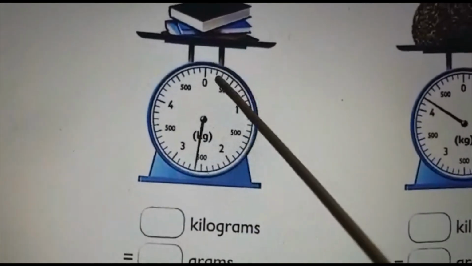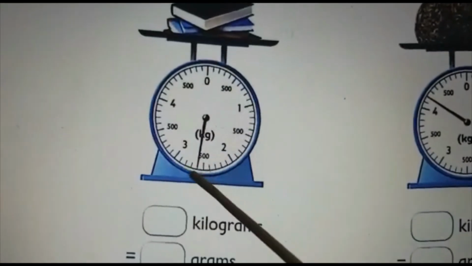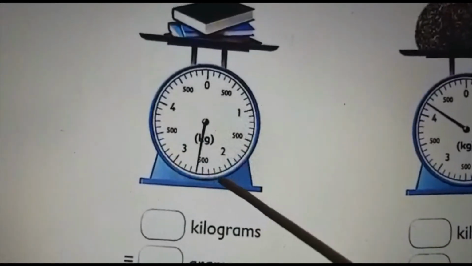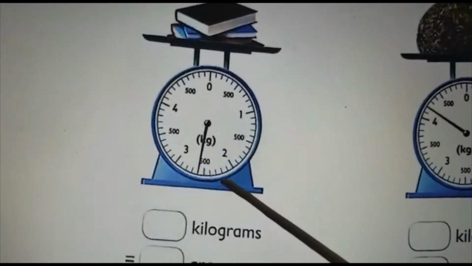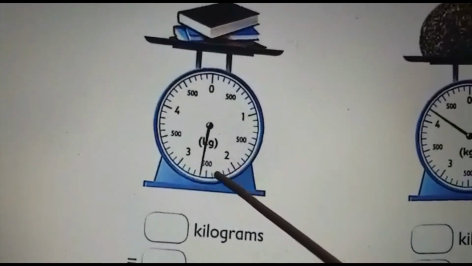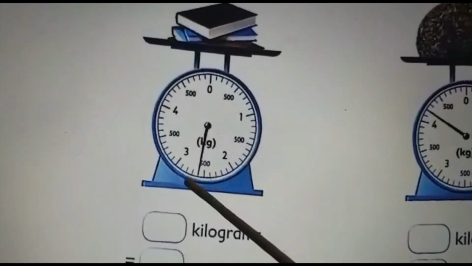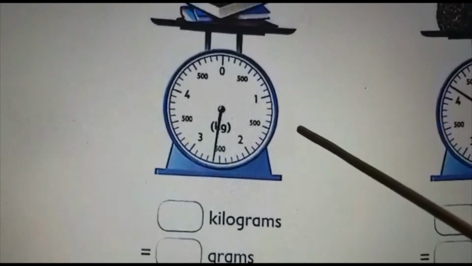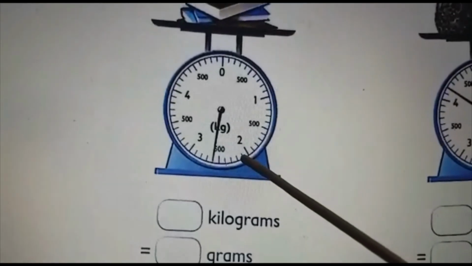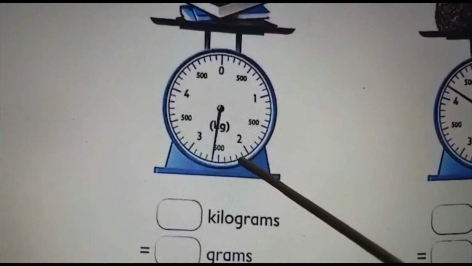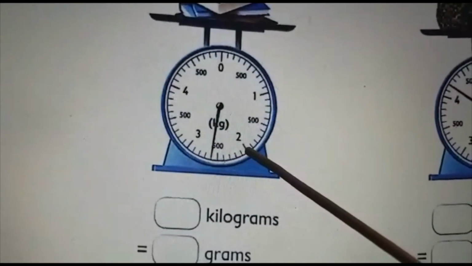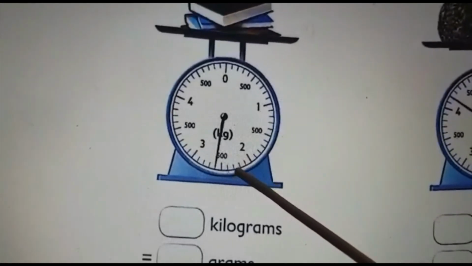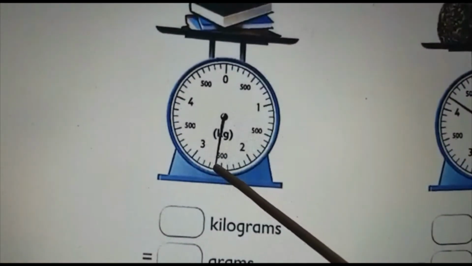How many kilograms is this? So we can see this is a kilogram balance. It shows the kilogram because kg is written here, and up to 5 kilogram we can measure. So this one is 1, 2. It is not coming till 3. So we can say it is 2 kilogram and 600 grams, is it? 2 kilogram means 2000 grams. So when you say in kilogram, we can say it is 2.6, because after this everything is hundreds. After 2 kilogram, 100 grams, 2 kilogram 200 grams, up to 2 kilogram 600 grams.